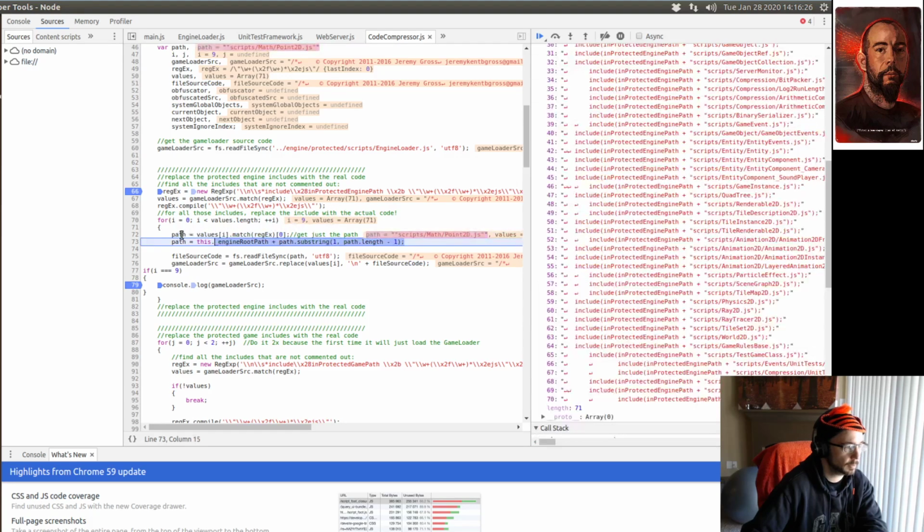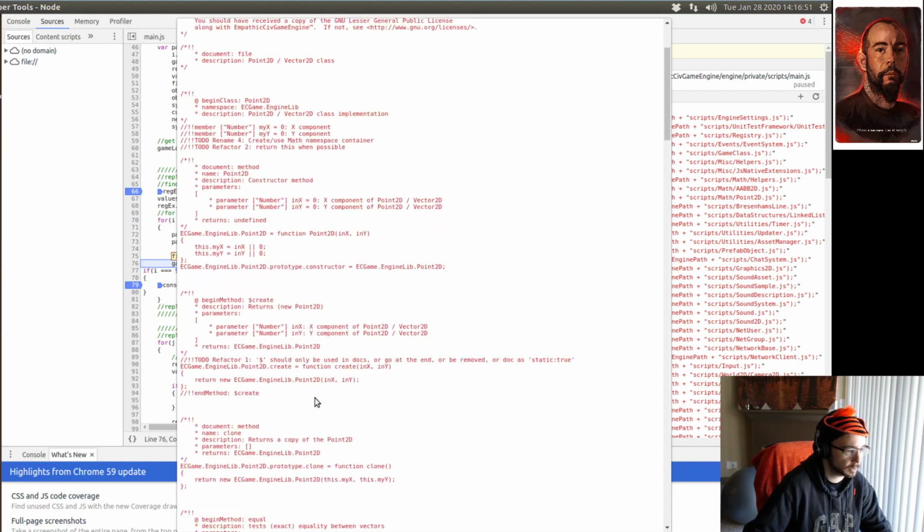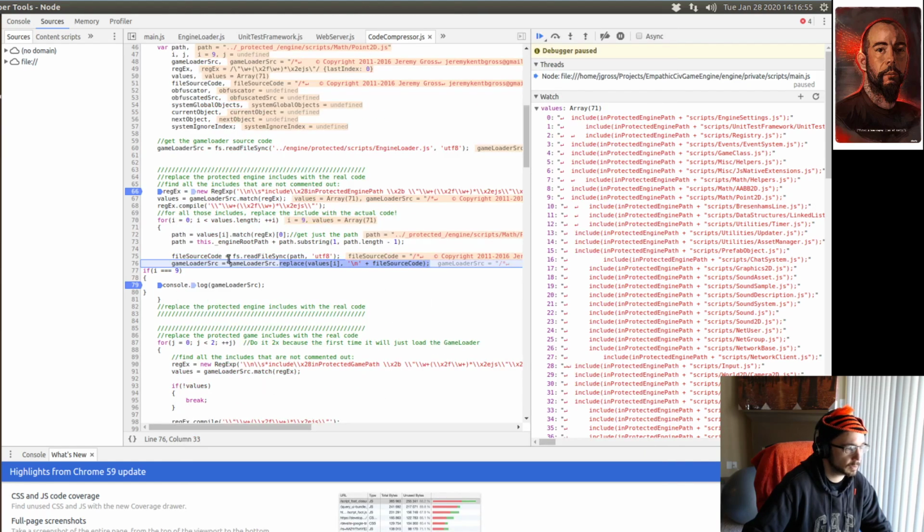So our path here is protected engine scripts math .2d. We're going to read in the source file, and now let's check that nothing is corrupted here. So at this point everything's fine. This is the actual source file exactly as it should be. Here we can see our code is not changed. So somehow the replace here, when we tell